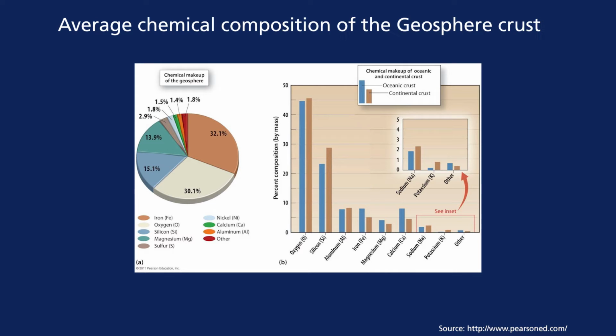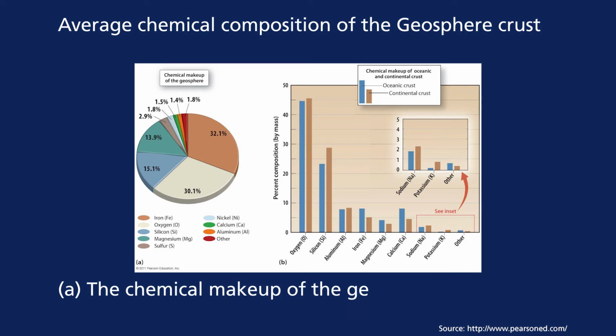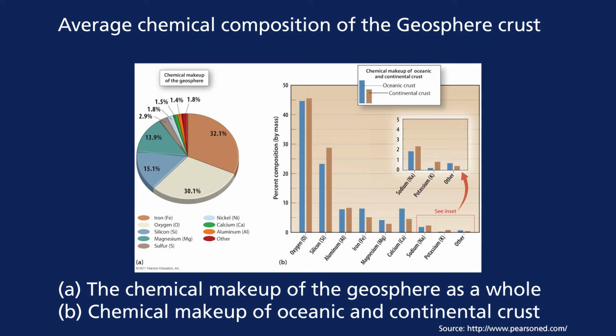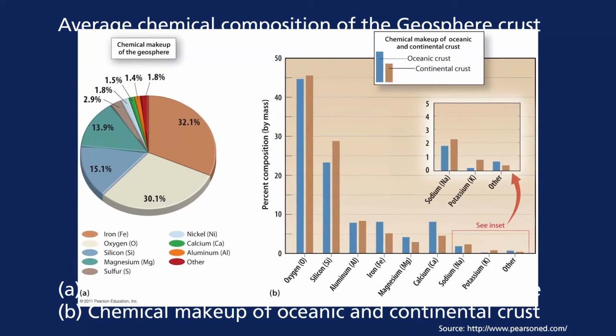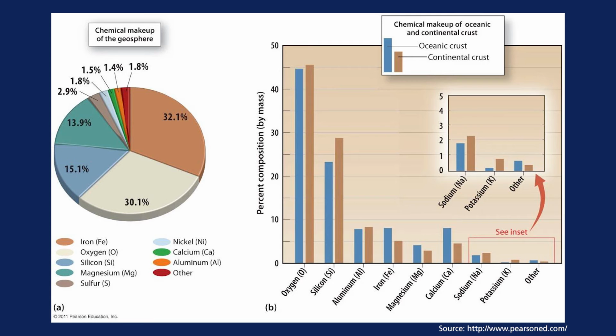As I mentioned, there are 8 elements which compose 98.2% of the geosphere. And here you see on the left-hand side the chemical makeup of the geosphere in numbers. So if we were to count them, 32.1% of the elements would be iron, 30.1% would be oxygen,